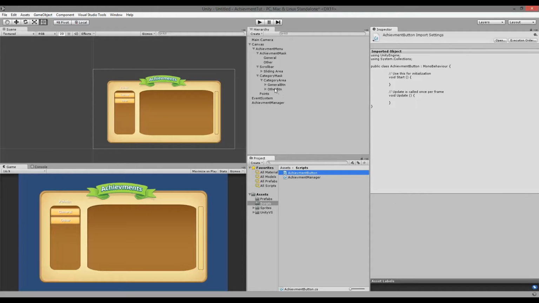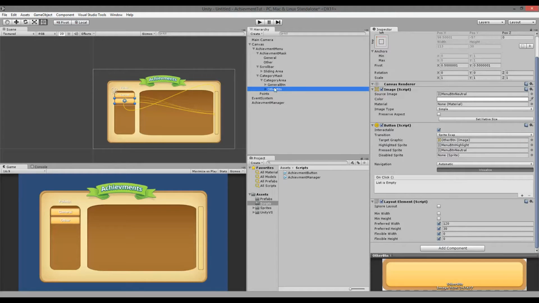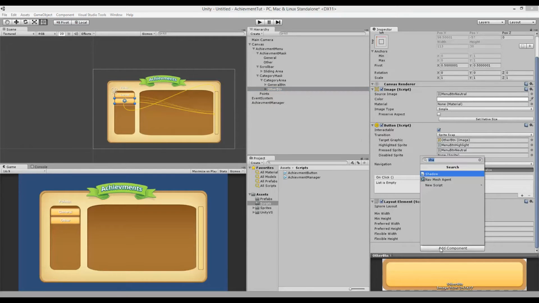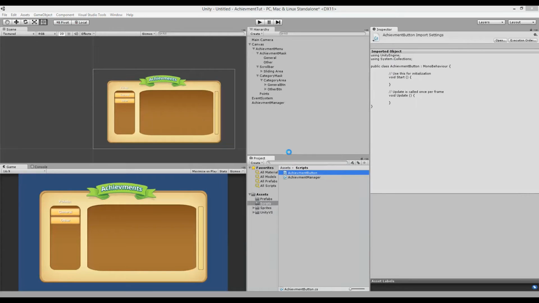So this script needs to go on to the general button and the other button. So click on other button, go to search and write achievement button, select that, and do the same for the general button. So now they both have the script on them, and this script is gonna control whenever we pick one of these categories, and then it's gonna show the correct category in here inside the mask here. So double click on the script to open it,